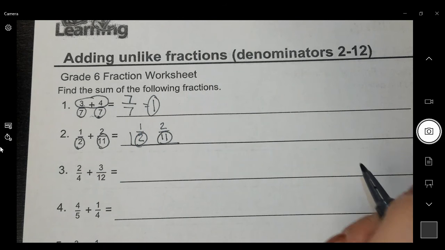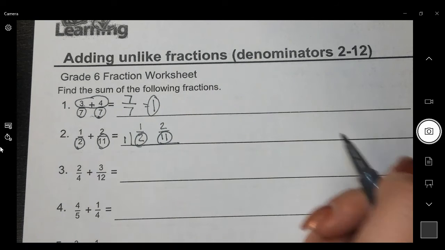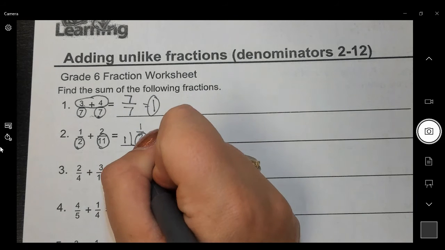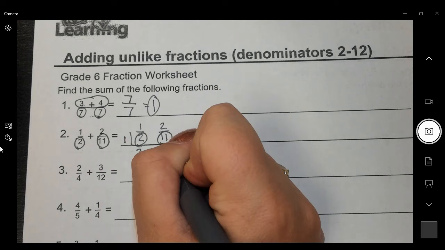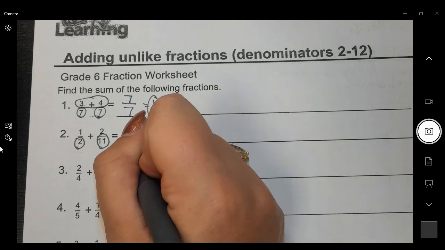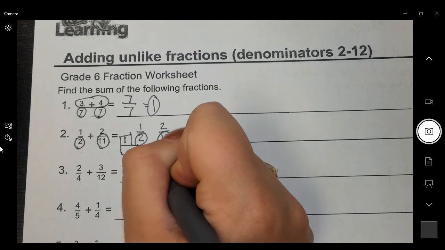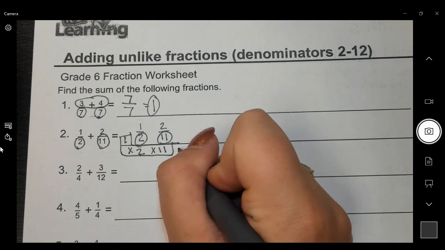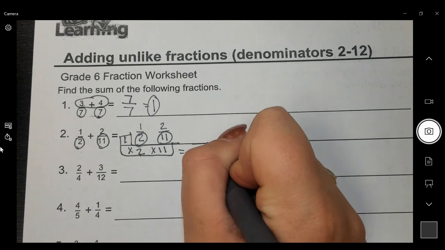What can come out of 2 and 11? Well, the only thing that can come out of 2 and 11 is 1. So 2 divided by 1 is 2. 11 divided by 1 is 11. That's as far as I go. So I have to draw my L for the least common denominator. 1 times 2 is 2. 2 times 11 is 22. So my new